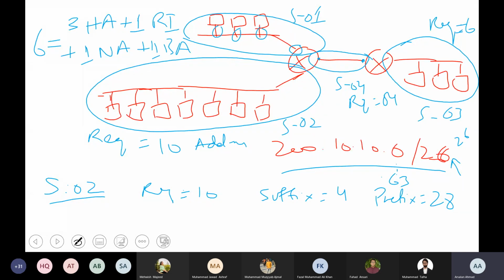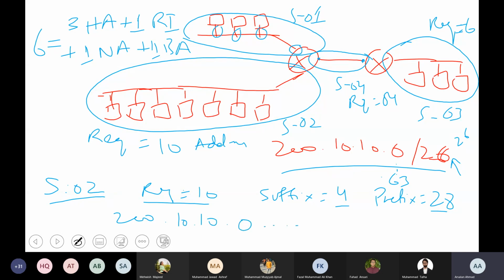So the first subnet that we are going to address is the largest requirement, which is subnet 2. And subnet 2 says I require 10 addresses. 10 is not a power of 2, so the next power of 2 is 16, and for 16 we need 4 bits. That means the host ID will be 4 bits and our prefix is /28. I will not write in binary. I hope we have done enough IP addressing now. So all of you who have solved it will agree that the answer will be